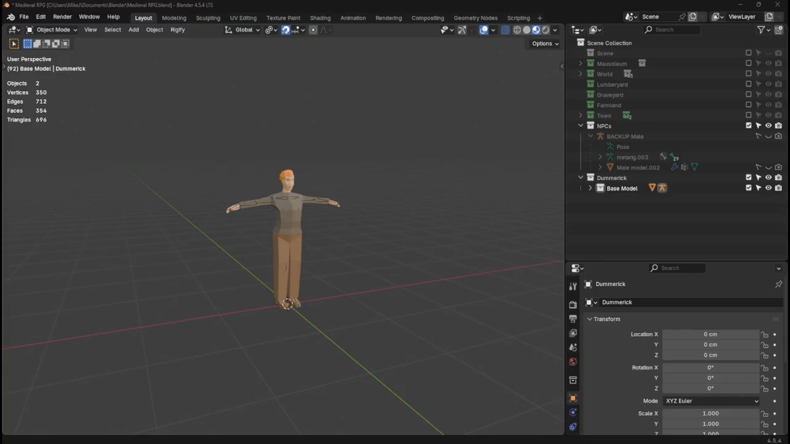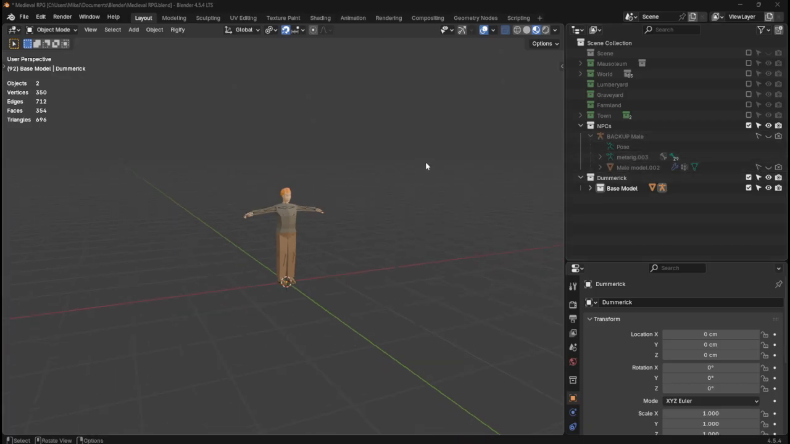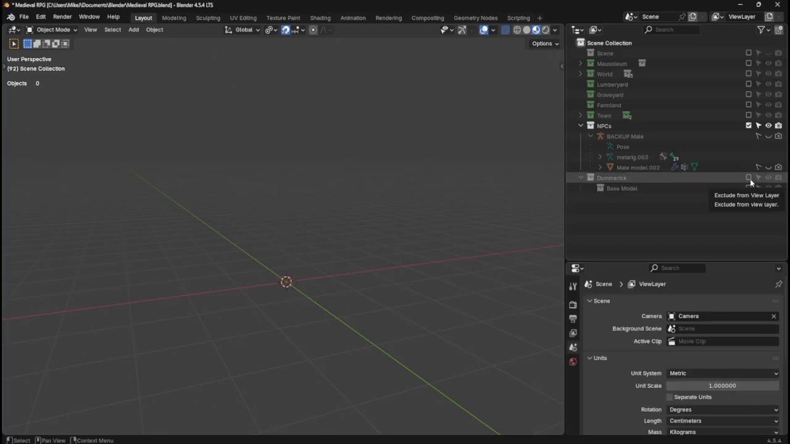Sorry, what am I thinking? So when I've made all the NPCs and I've got all their animations done, then I'll probably import the animations maybe into Blender. I'm not sure. But if I now hide that folder,